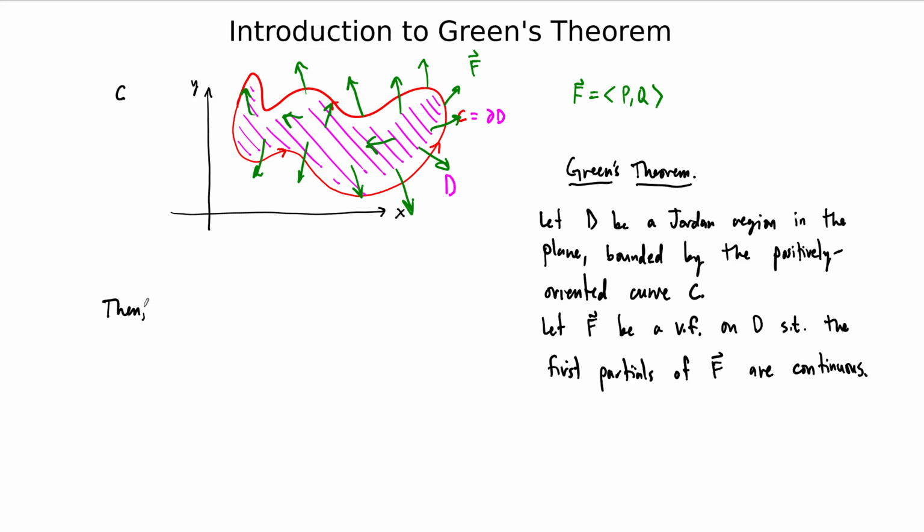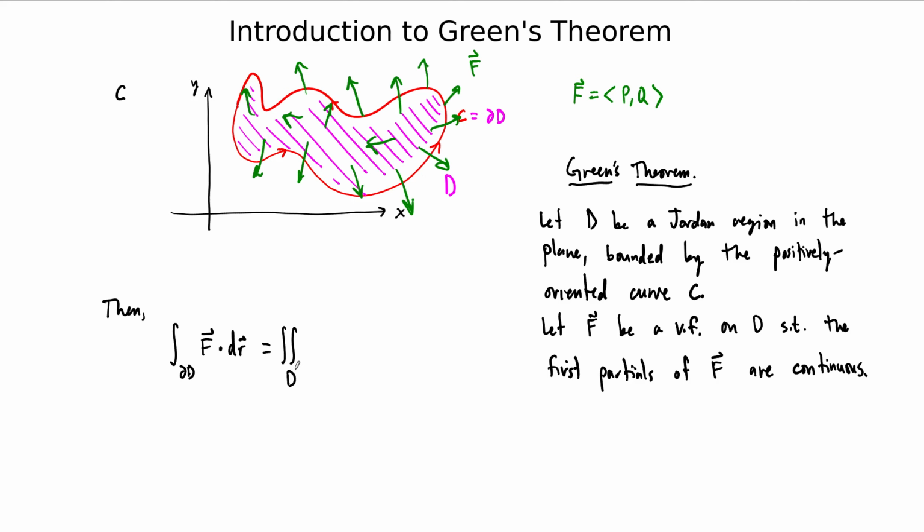So the conclusion of Green's theorem is that the path integral of f dot dr around the boundary, I'm going to write this as boundary D, even though we called this C, I'm going to call it boundary D of f dotted with dr. So this path integral is equal to the double integral over the entire region